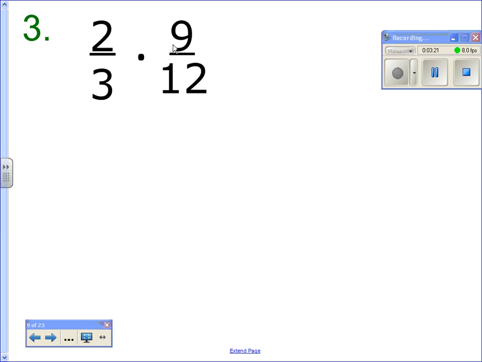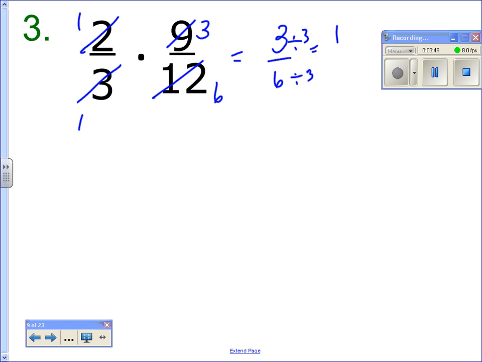Alright, again we have another opportunity to cross simplify here. 3 goes into 9 3 times, so the 3 becomes a 1 and the 9 becomes a 3. And 2 goes into 12 6 times, so 2 becomes a 1 and 12 becomes a 6. And then I just multiply. 1 times 3 is 3, 1 times 6 is 6. And even though I cross-simplified on this question, I still have to simplify this. And so this is going to become 1/2,